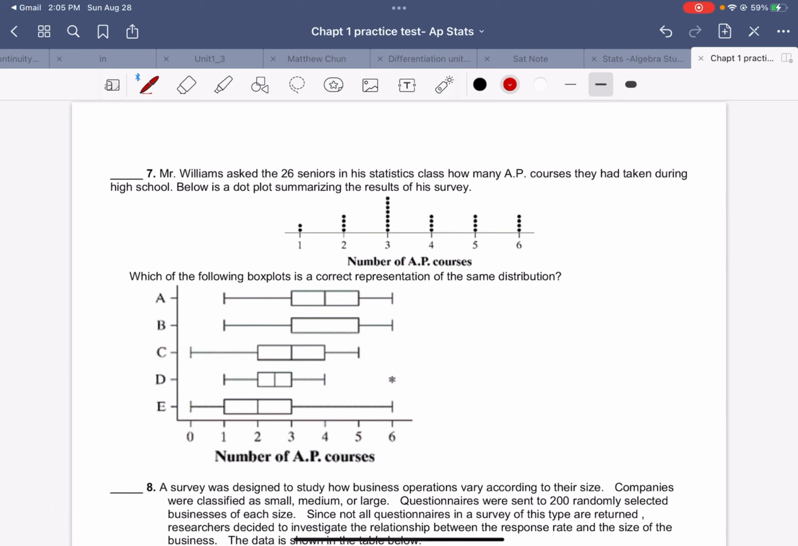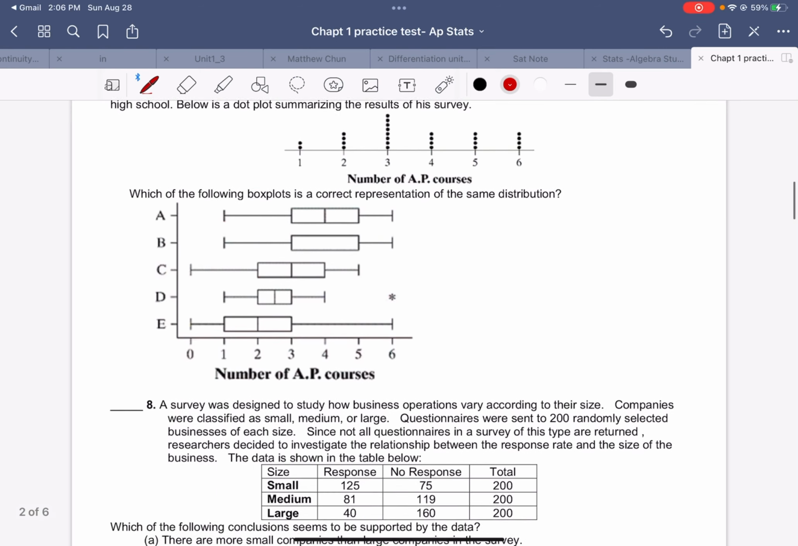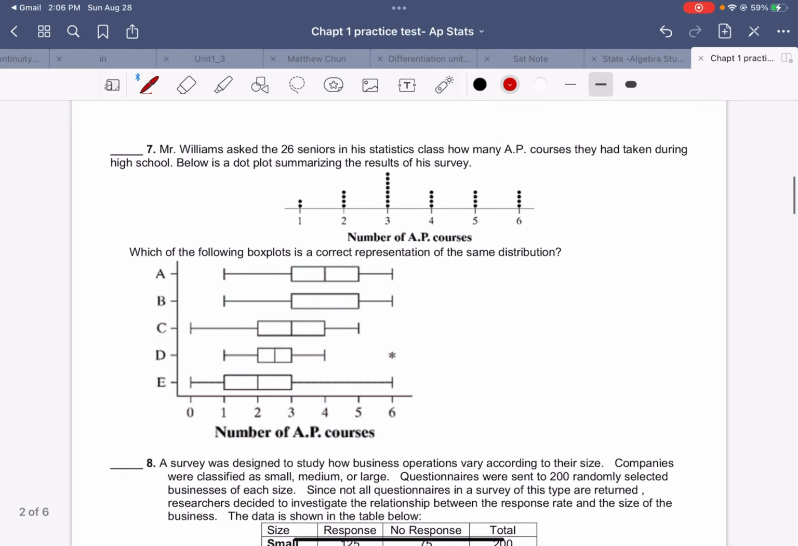Now, next one. Mr. William asked the 26 seniors in his statistics class how many AP courses they had taken during high school. And below is the dot plot summarizing the survey result. Okay, and then which of the following box plots is a correct representation of the same distribution? Okay, so if you look here,